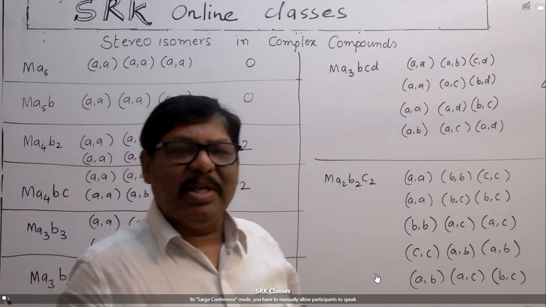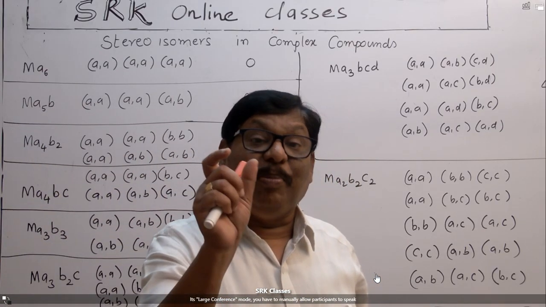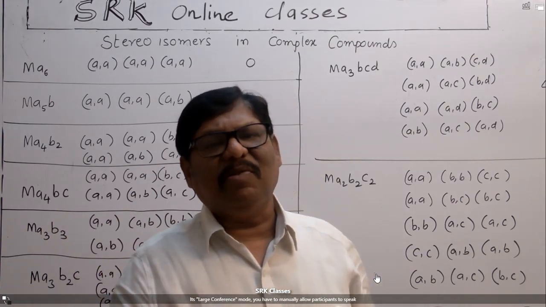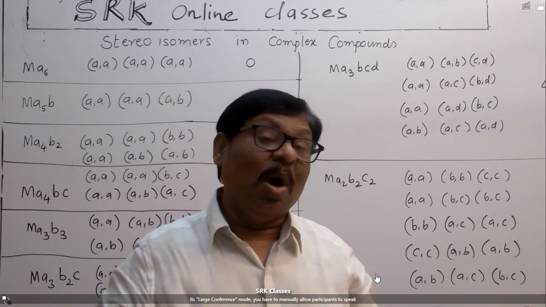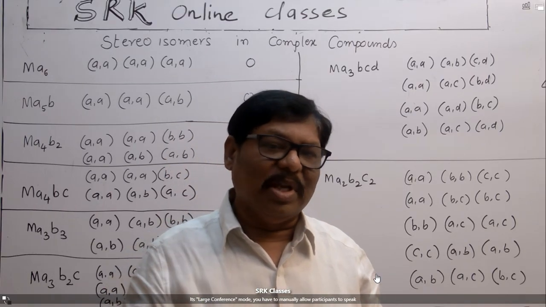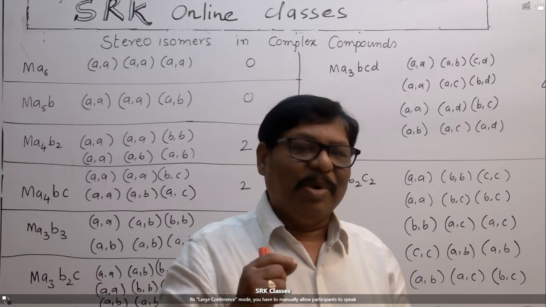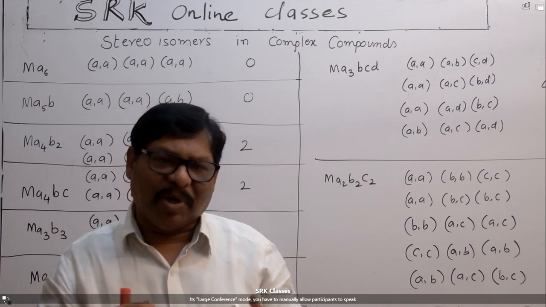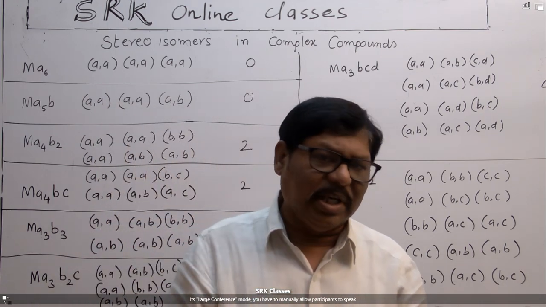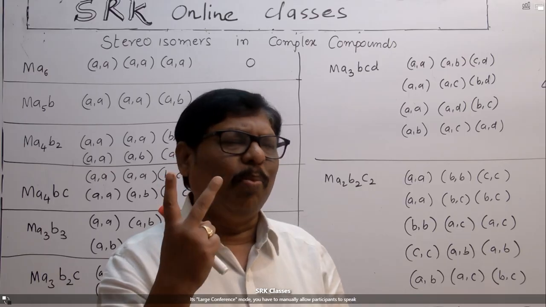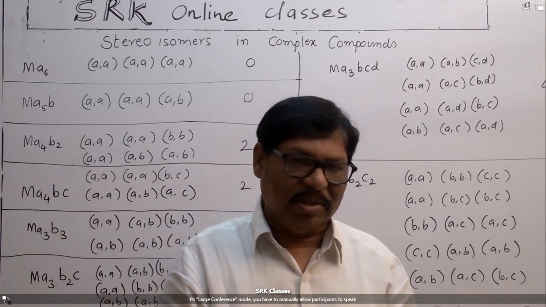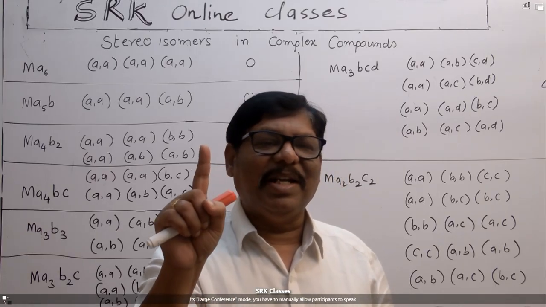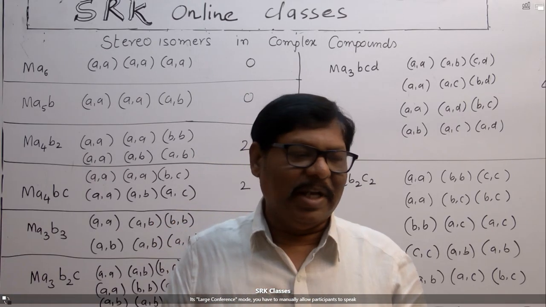What is to be remembered is, whatever the combination is given, write pairs of ligands. If you are able to write the pairs of ligands, that is enough to find out the geometrical isomers. Write all possible pairs of ligands. That gives the number of geometrical isomers. But in case of optical isomerism, it is very, very difficult if you work it out in the traditional way. I'll give the shortcut method. If you can remember only 2 points, that is enough to find out the optical isomerism. First point, in a pair, if identical ligands are present, that cannot show optical isomerism.